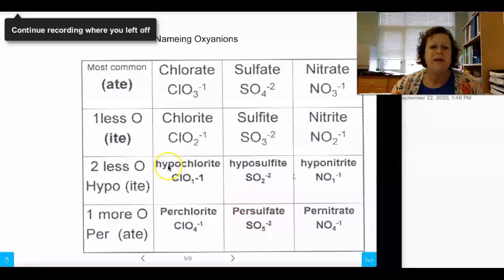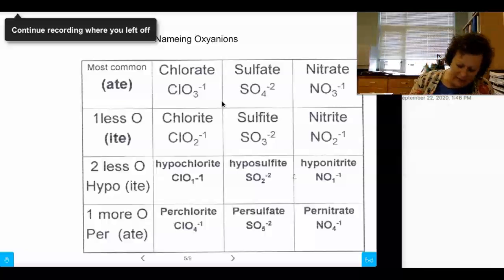So, with naming oxyanions, you've got your polyatomics, and oxyanions change with oxygens. You do not need to memorize this chart. I am just trying to show you, and I do have a typo, so I want to fix that right now. This should be